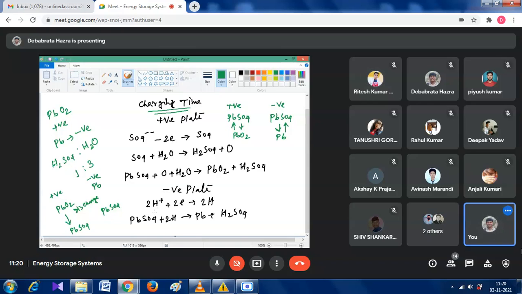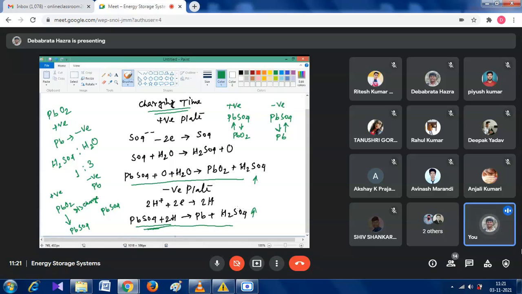What will happen, see, the reaction is like that: the lead sulfate with hydrogen reacts and creates lead and H2SO4. जब डिस्चार्जिंग हो रहा था तब H2SO4 का जो कंसंट्रेशन है वो घट जाएगा, डेंसिटी और से concentration, it will decrease at the time of discharging, and when we charge the battery at that time the concentration of H2SO4 increases, because in this reaction, see, both reactions here produce H2SO4,